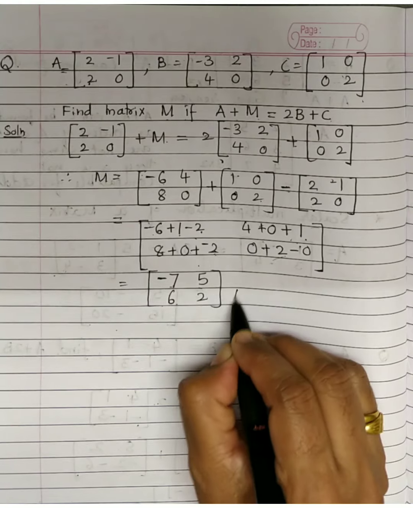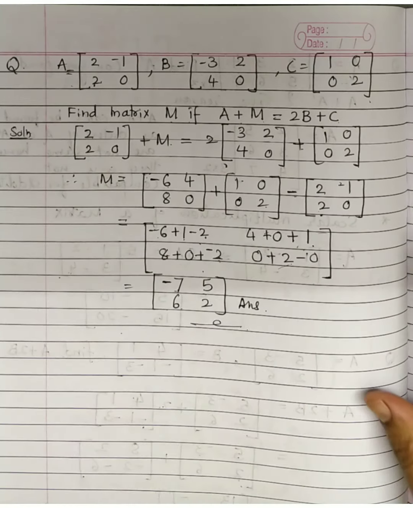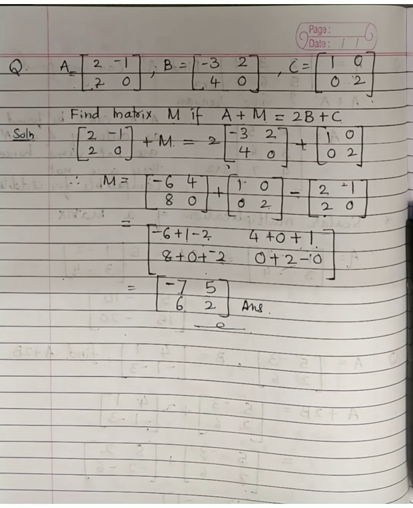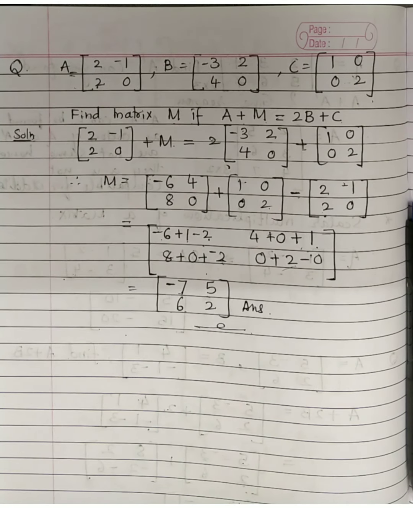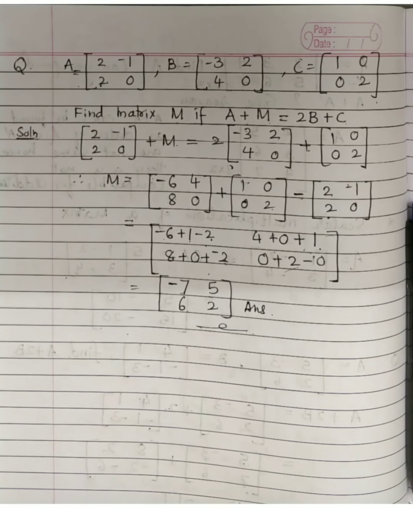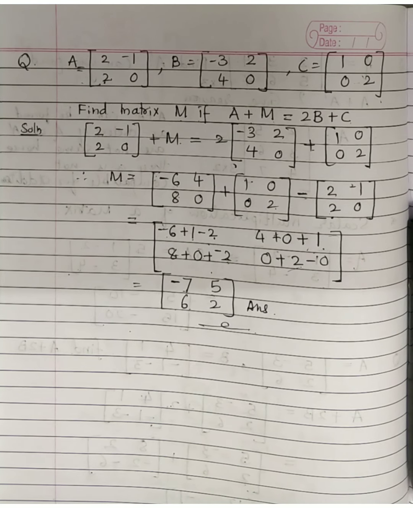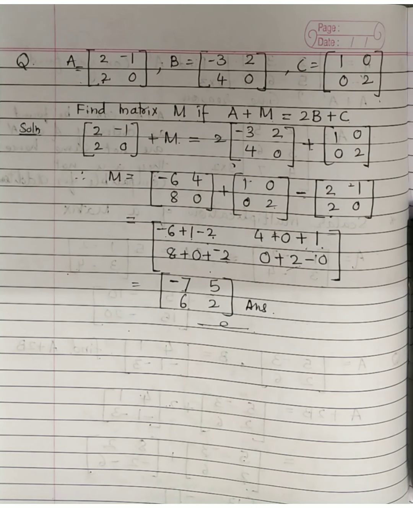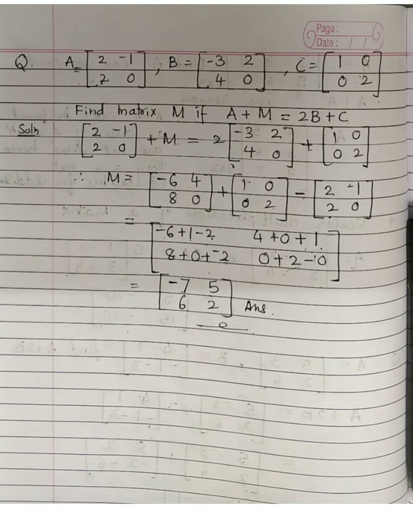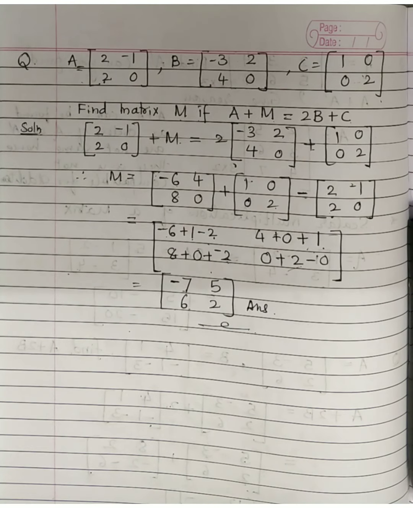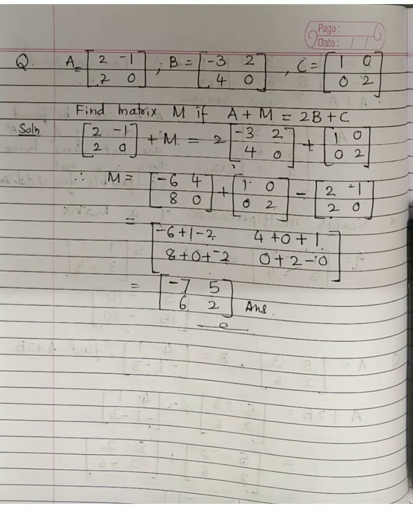This is your answer. Okay, so I think this basic addition, subtraction, multiplying a matrix by a scalar quantity, this part is clear to you. Now I give you some work. We have already studied about the commutative and associative property in whole numbers or integers, right? And you know about it. Now try it on some two matrices. Take any two matrices of your choice, A and B.